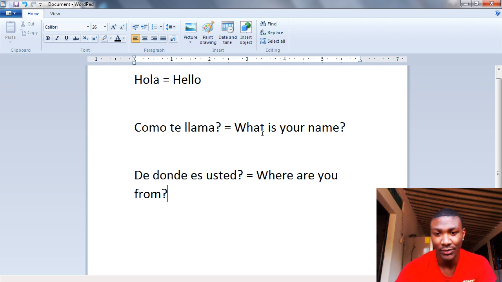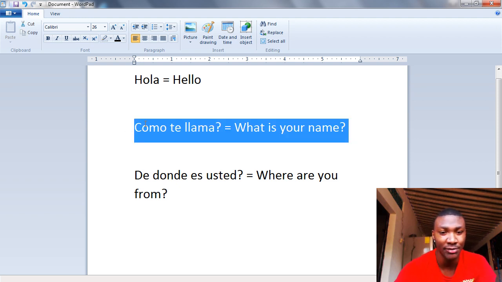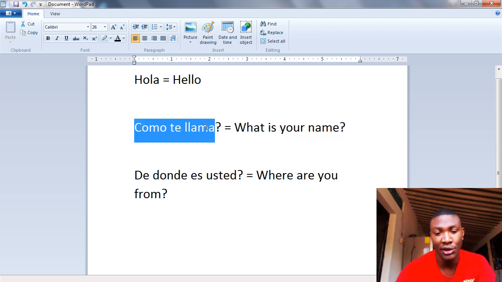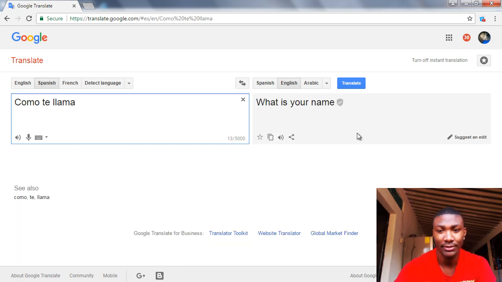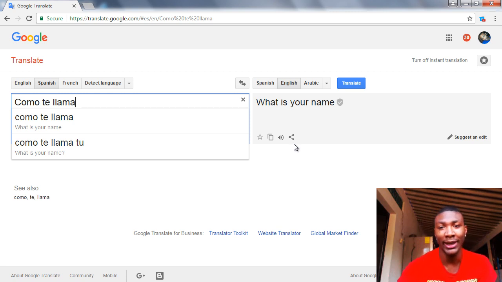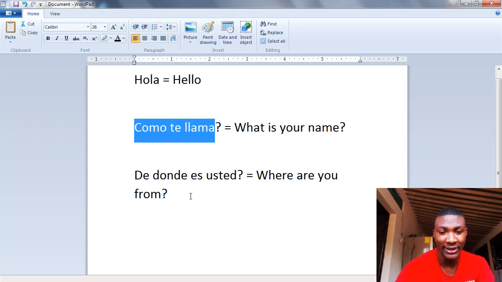So we have hola, which is hello. ¿Cómo te llama? What is your name? And like I said, we can always check these too. So you can use Google Translate to reference your correctness. So I'll do that. What is your name? Or the informal is ¿cómo te llamas? with the S. Same. But again, we're just speaking formal Spanish, or español normal. So if we go back here, so the next thing you might want to